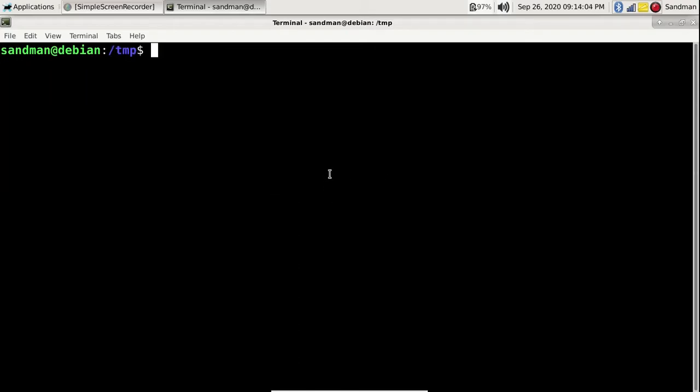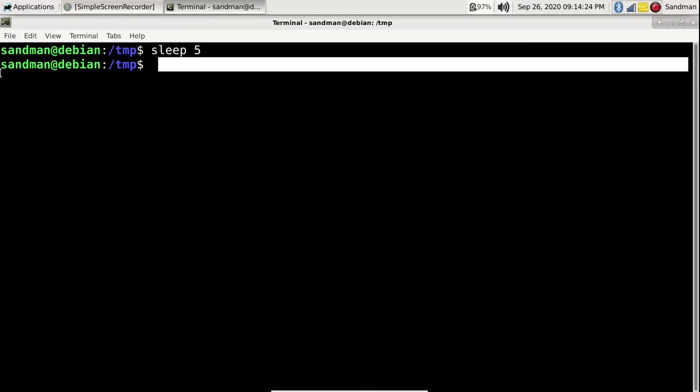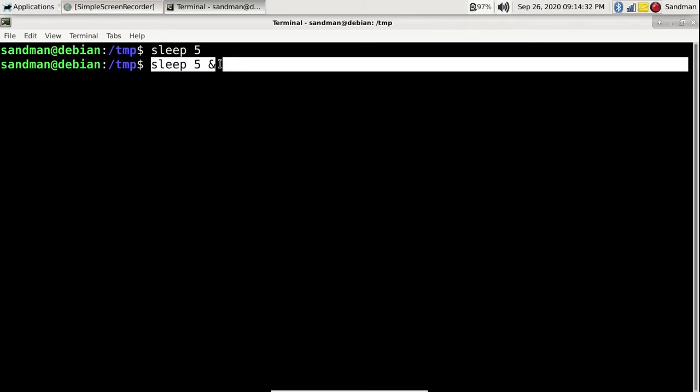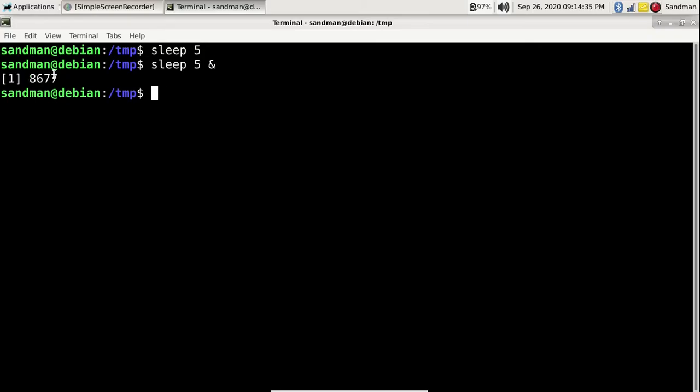Moving forward, we have ampersand. This is basically used to execute a command in the background instead of running in the foreground, like sleep 5. Now it's gonna wait for the 5 seconds, then the shell prompt will get back to us, as you can see. So we don't want to do this. The simple step is to append the ampersand at the end of the command, and this command will be executed in the background. Now as we can see, it is assigned a process ID, and we got the shell prompt back as soon as we hit enter. So this is a very powerful thing to remember as well.